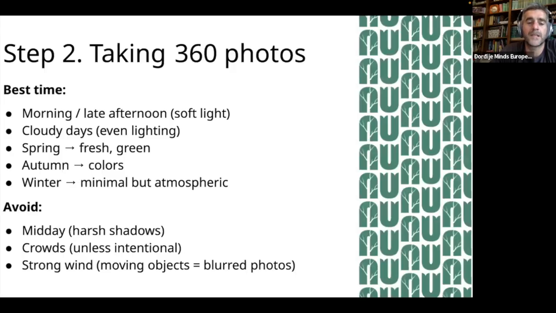Of course, unless it's an intentional crowd, you should definitely avoid crowds and strong wind, because first of all it can move your tripod, push your camera down from the tripod, and the photos can be much blurred, especially when branches are moving. So for me, the best period is early morning in springtime, when it's calm, without any wind.